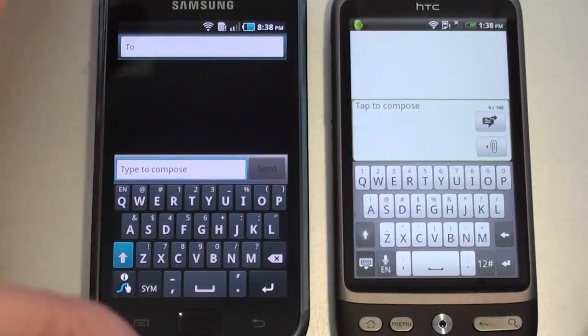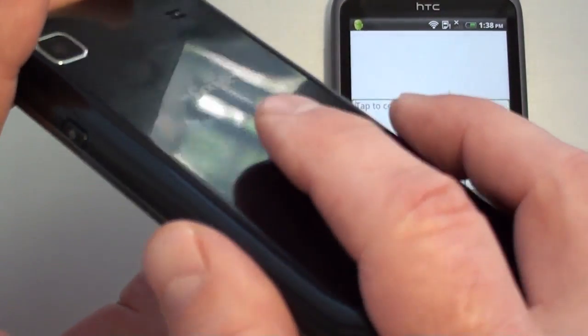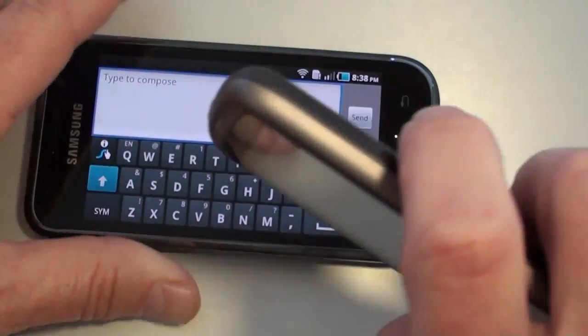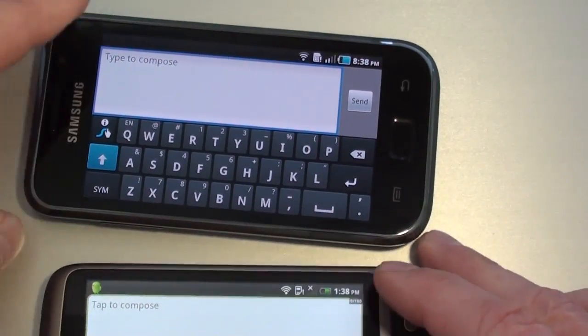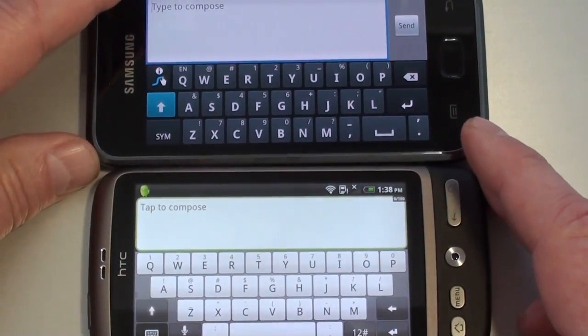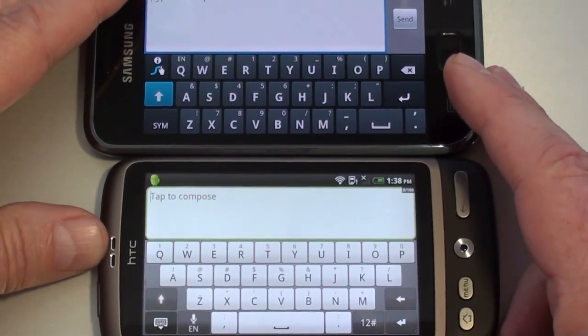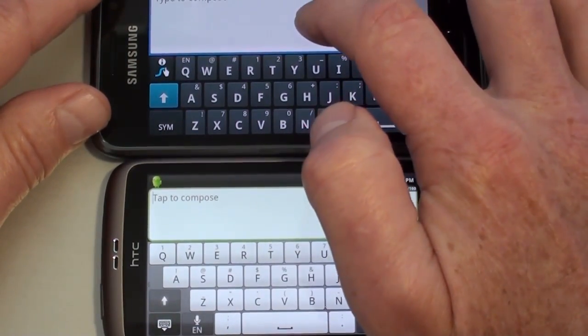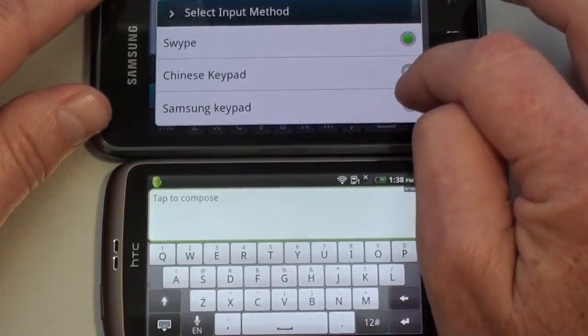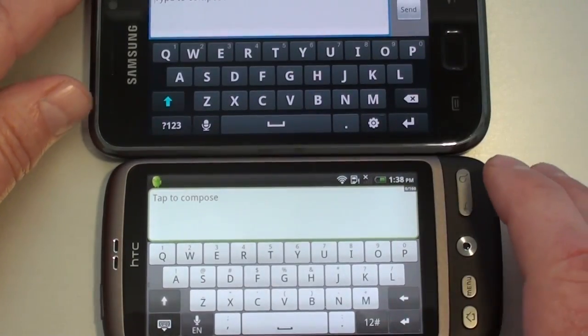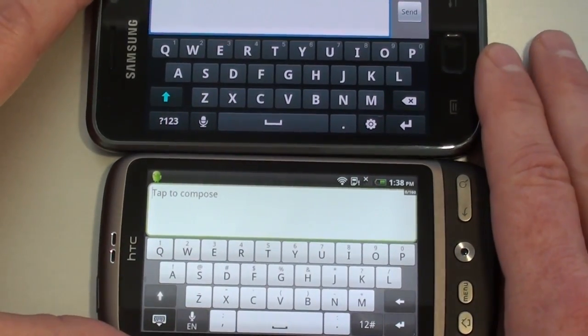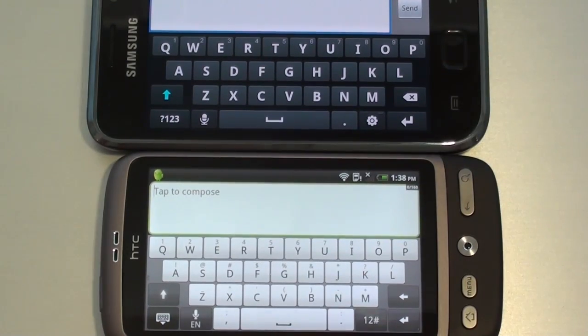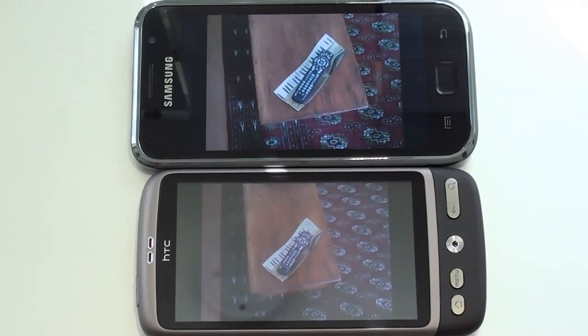Take a look at them. There's both in profile. Take a look at both of them in landscape. And again, get them both on the screen would be helpful, wouldn't it? This is the swipe keypad. You go back to the Samsung keypad so you can see that as well in comparison. So there's your keypads. So anyway, there's a quick look at the user interface on both the Galaxy S and the HTC Desire. All right, let's take a look at some photos both still and video taken on these two